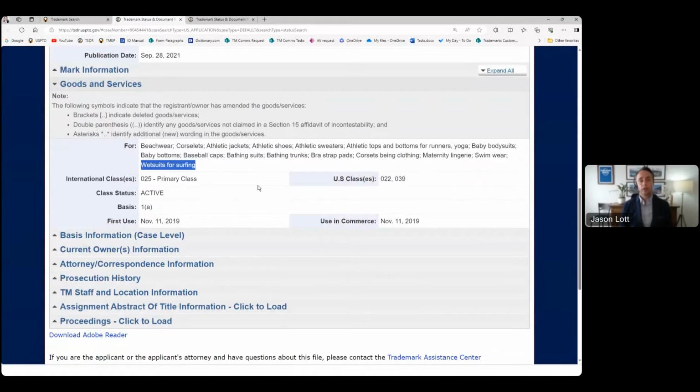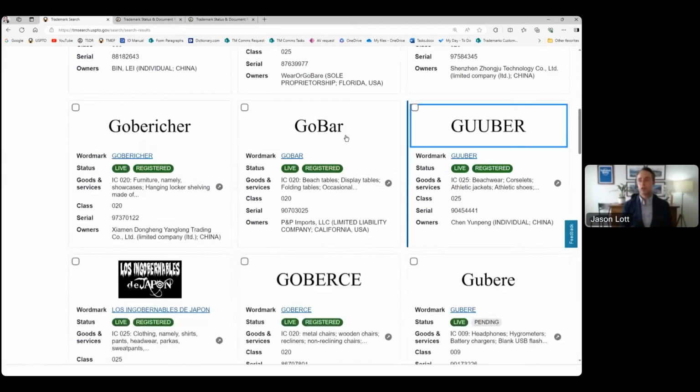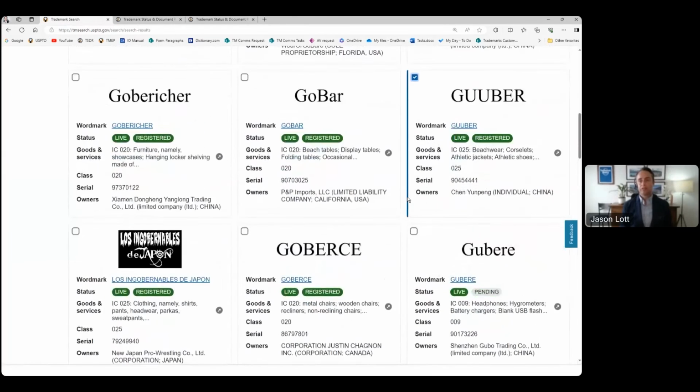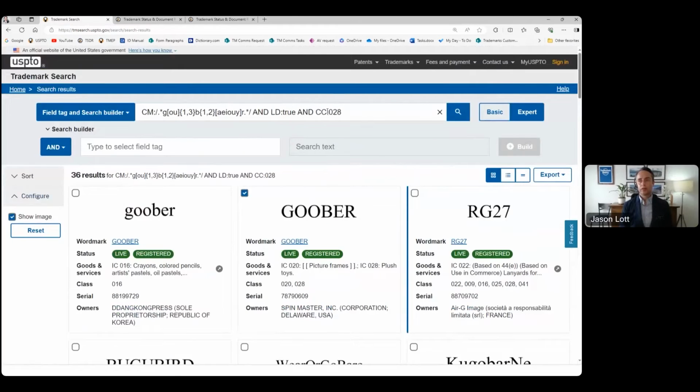for surfing. Are wetsuits related to surfboards? Maybe. What about bathing suits, bathing trunks? Are those going to be? What about swimwear? Are those going to be related to surfboards? Maybe a pretty good chance. We might want to tag this puppy because we want to take a look at it later, do a little bit more research. Okay? So that's how you could do it if you wanted to narrow down to the coordinated